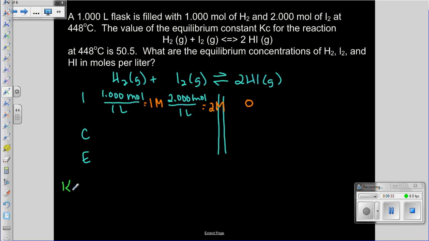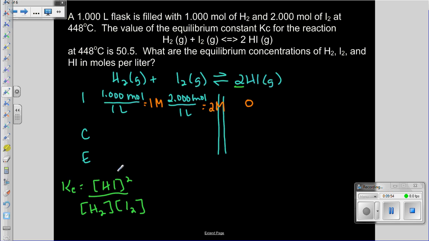So Kc is equal to the concentration of HI squared divided by the concentration of H2 times the concentration of I2. These have coefficients of 1, so they're raised to the first power. Hydrogen iodide is squared because it has a coefficient of